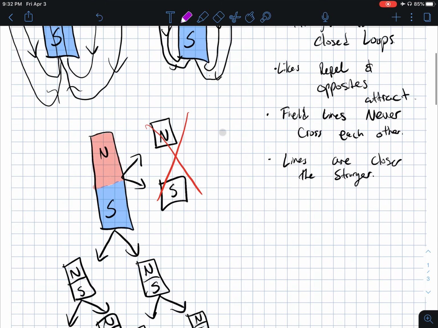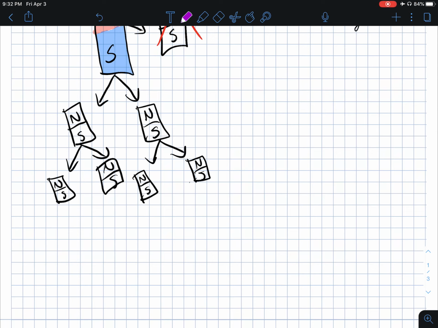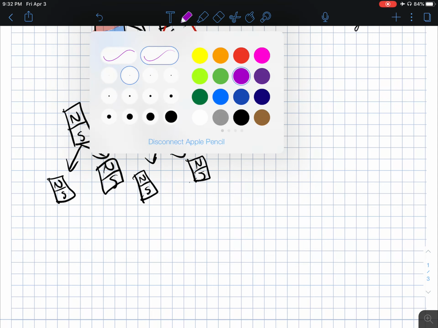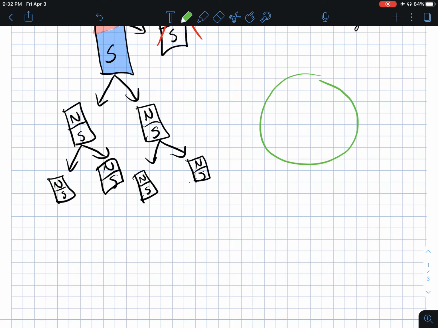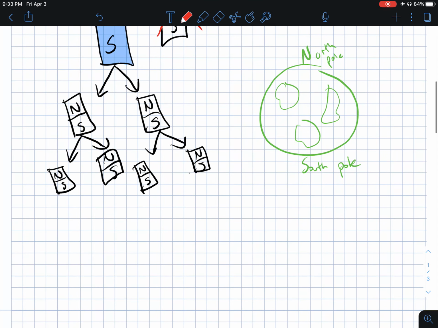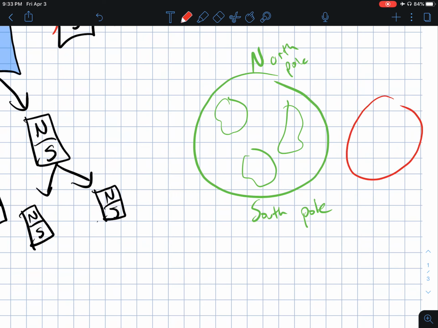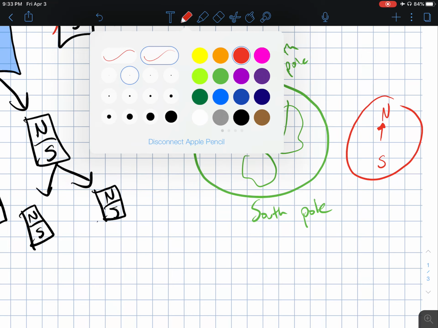One other thing that I want to talk about is a real-world example with magnets. One thing that is interesting is the Earth. As you know, we have a North Pole and we have a South Pole. And this is the Earth, but anyways, we have the North and the South Pole, and also with compasses, there's a north and a south, and there's always the needle that will point north. And something that is interesting is that